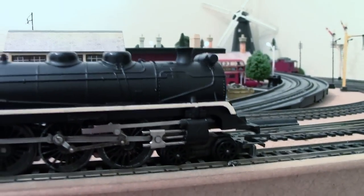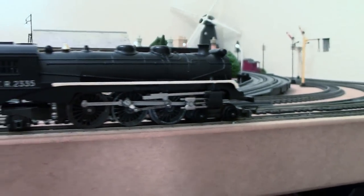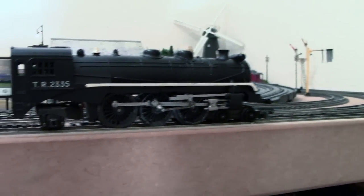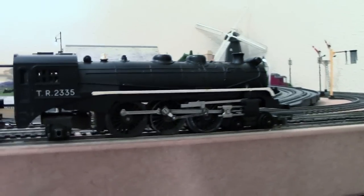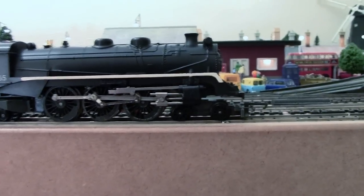They called it Hiawatha, which was a great name, and it really suited the locomotive, and that did boost the sales back up a bit. Now, this is something that really cheeses me off, because you see these for sale on eBay and elsewhere, of course, and the amount of times sellers are putting them down and selling them as Hiawatha, when